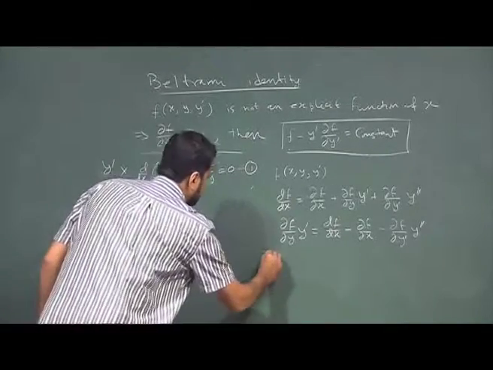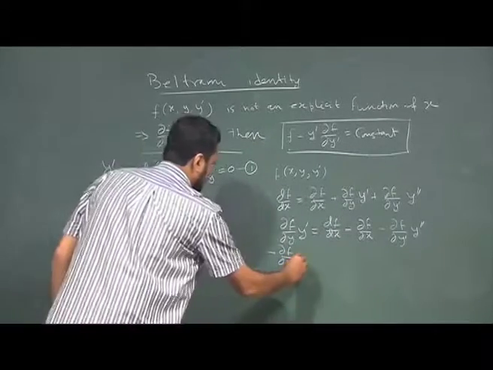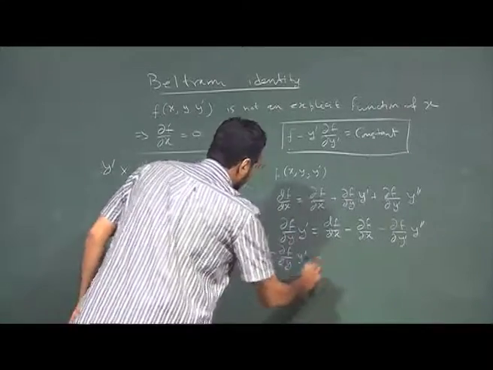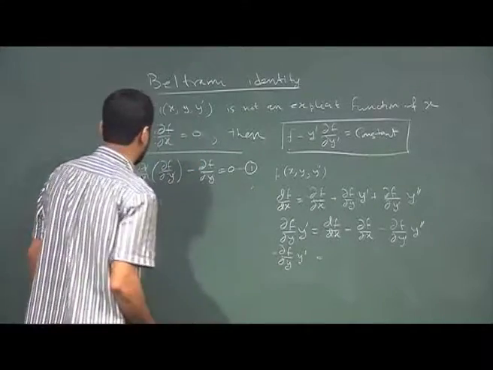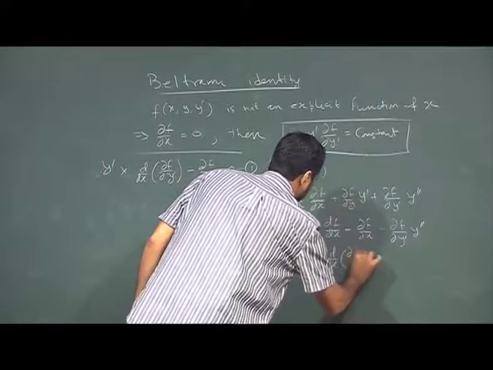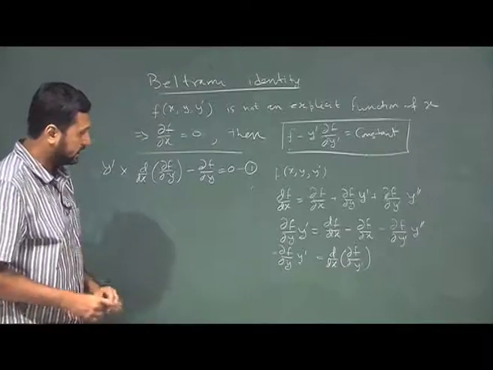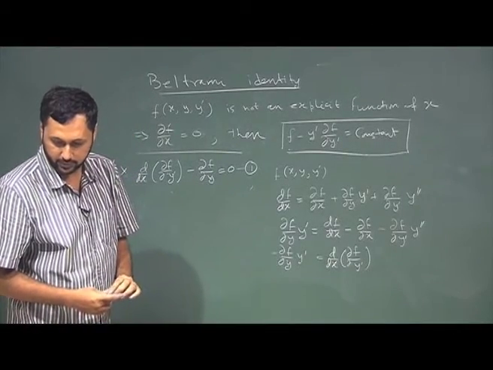So, it will be minus del f del y y prime. I am writing this term first. Changing sides, it will be d dx of del f del y prime. So, comparing the right hand side,